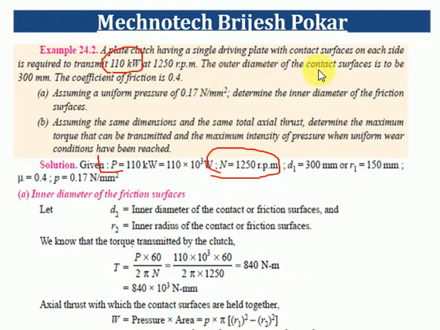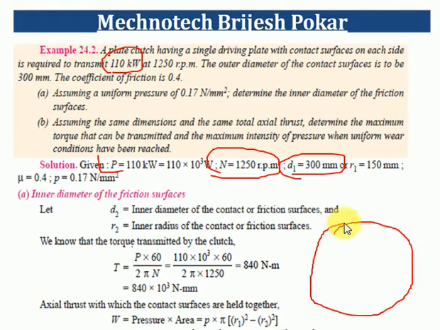The outer diameter of the contact surface is to be 300 mm. So D1, that is 300 mm. Suppose this is a disc, a plate clutch, and this is the outer radius and this is the inner radius, right? So here the outer diameter is given and it is 300 mm and it is denoted by D1, and R1 is equal to 150 mm. Okay, the coefficient of friction is 0.4, so here mu is equal to 0.4, and